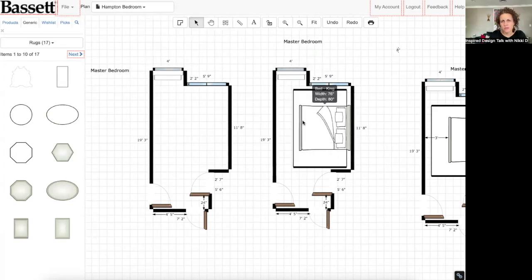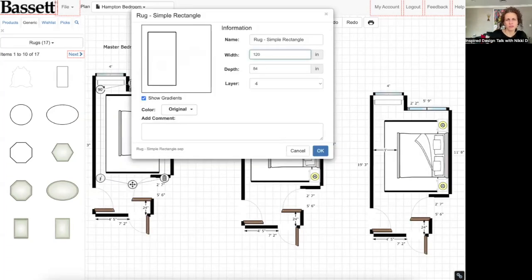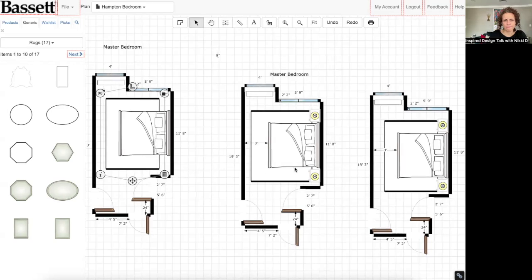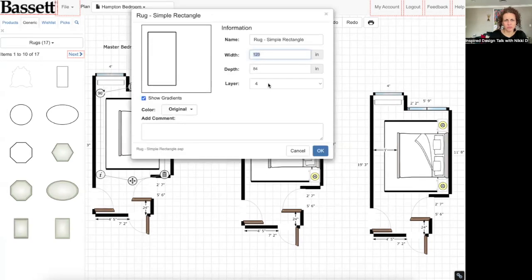This rug is a little bit big in that it goes all the way to the wall. For the rug, you want to keep it pushed forward, not flush against the wall, so that your nightstands are on the main floor. These are two other versions that I was playing around with different size rugs. I'm changing the rug to 7 by 10 so that there's more room on the floor because this room is